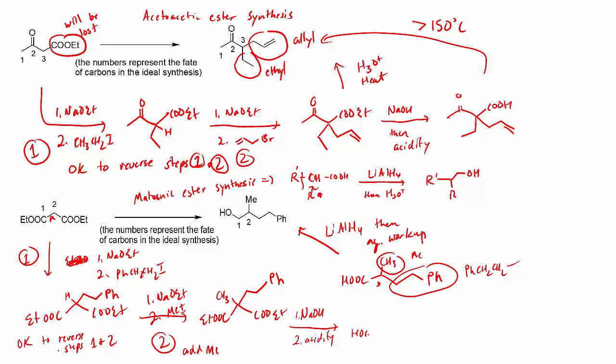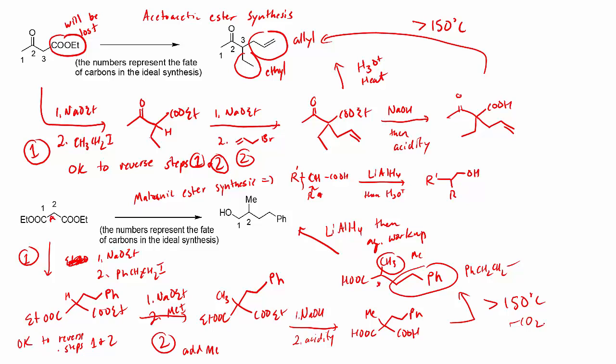It's going to turn both esters into carboxylic acids, and heat it to greater than 150 degrees C. You'll lose CO2. Decarboxylation is going to produce that product there, which we've identified as the second to last compound